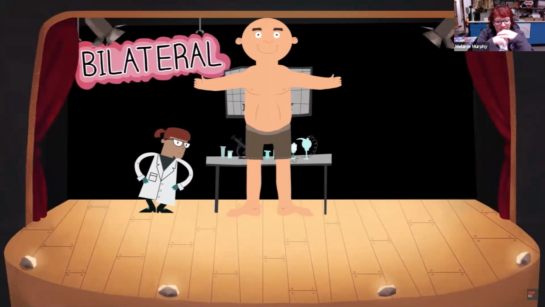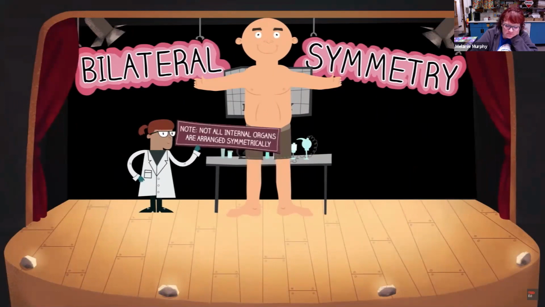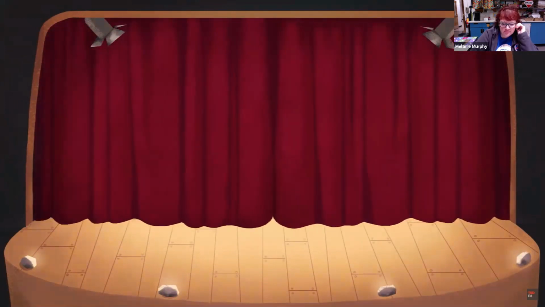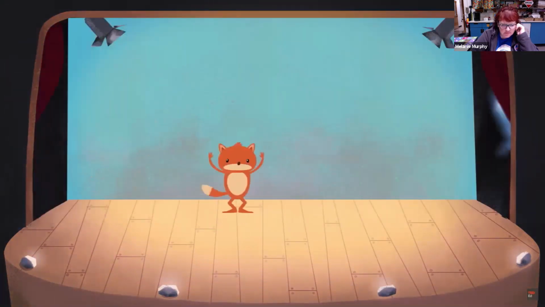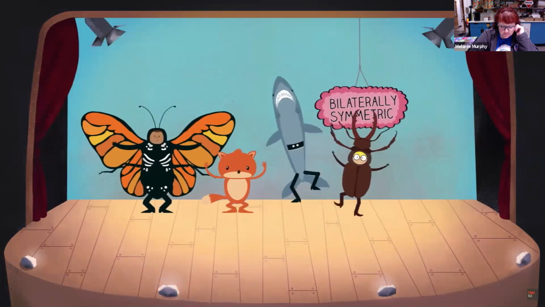Biologists call this bilateral symmetry. As with all symmetries found in living things, it's only approximate, but still a striking feature of the human body. We humans aren't the only bilaterally symmetric organisms. Many other animals, foxes, sharks, beetles, that butterfly we mentioned earlier, have this kind of symmetry, as do some plants